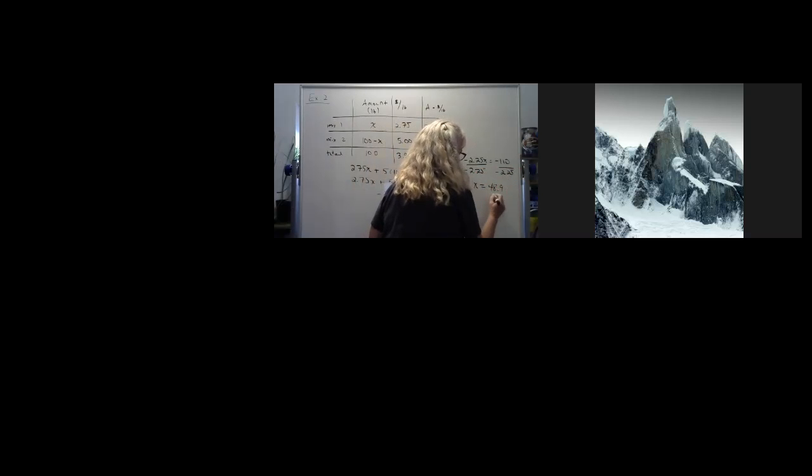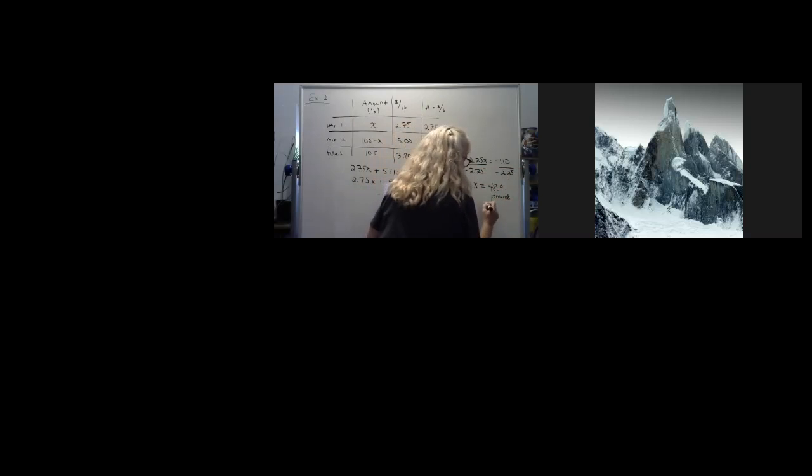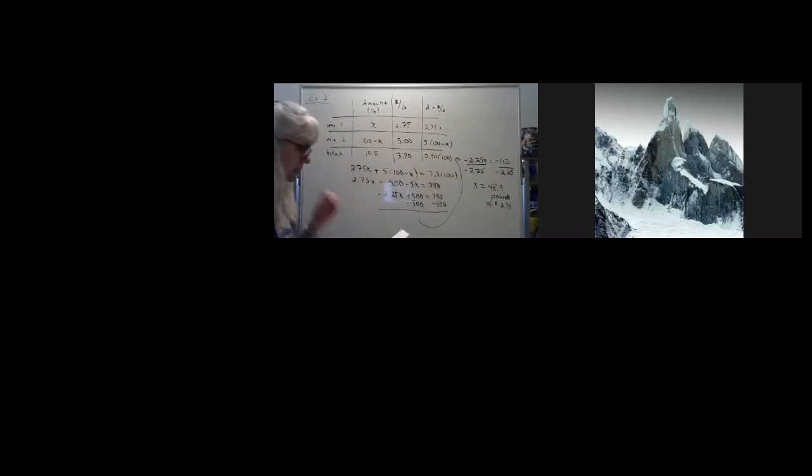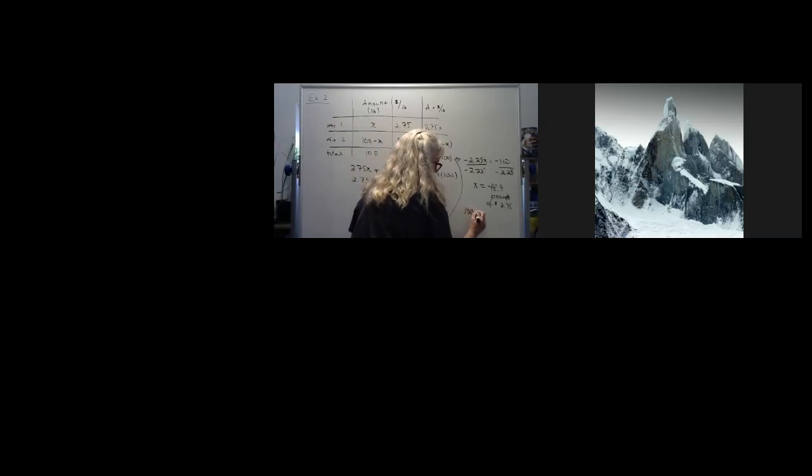And that's in pounds. According to my chart, X is the 275. So you need 48.9 pounds of the 275 coffee. But they want to know how much we need to mix of each of them, so they're also asking me for this 100 minus X. If I take 100 and subtract the 48.9, that gives me 51.1